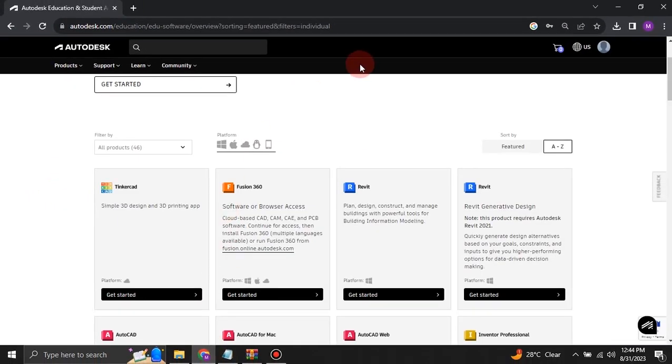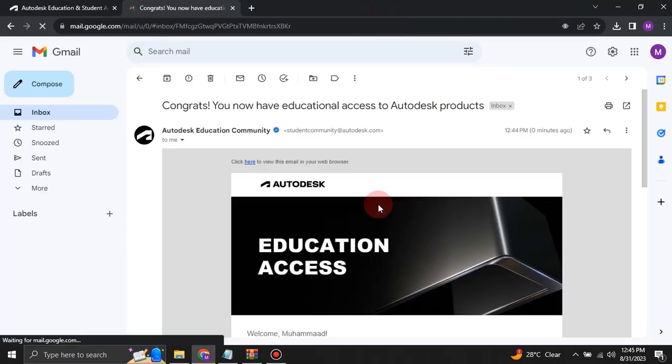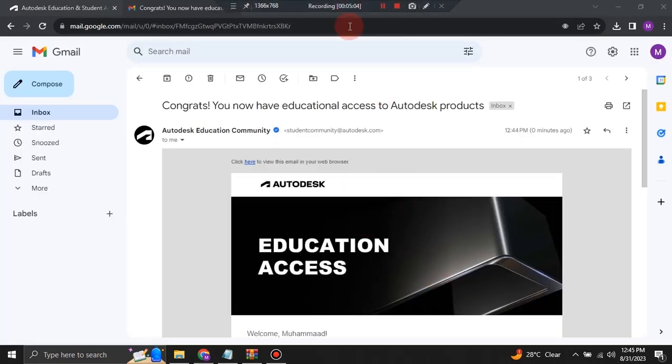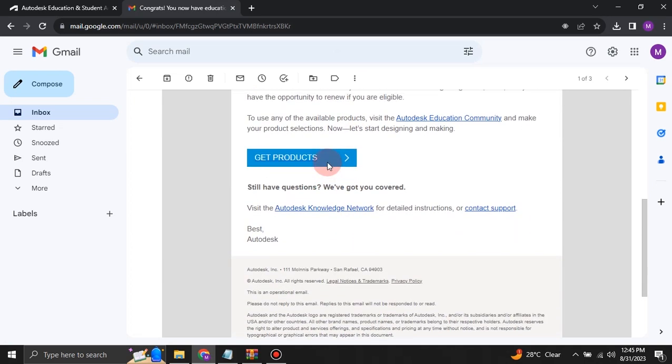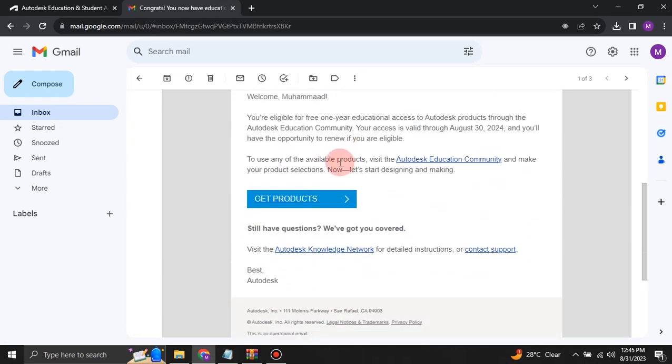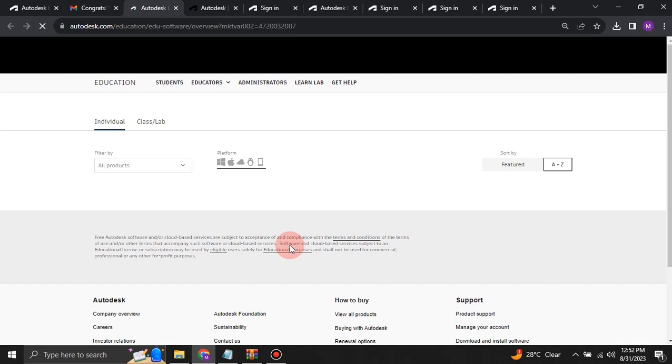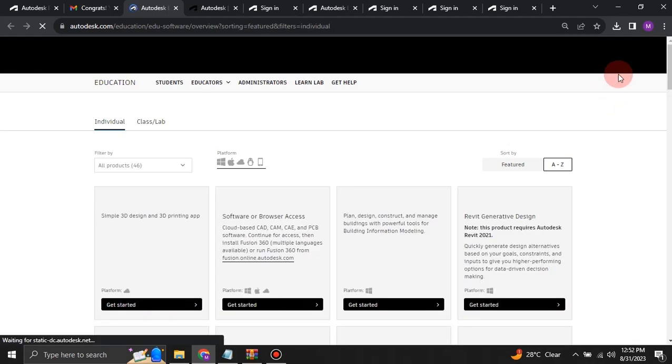more than a minute. So as here you can see, I'm going back to my Gmail and I will search for my educational license. So here you can see I have got my educational license. So now you need to click on get products. Now as you click on get products, you will be redirected to a page again listing desktop applications, but this time you won't be logged in. So you need to log in